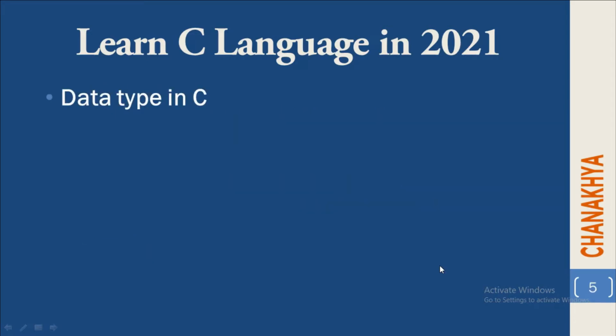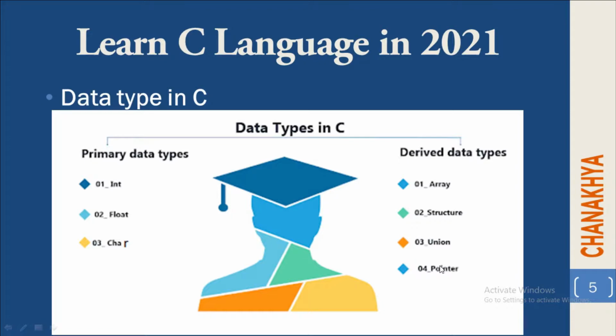So also here in this video we are discussing the data type in C. If we talk about data type in C, C has two types of data type: one is called the primary data type and another one is called the secondary data type or derived data type. The secondary data type is also called the derived data type because it has been derived from the primary data type, meaning it is made with the help of primary data type. In the initial stage we will discuss only the primary data type, and the secondary data type we will discuss in the later stage of this course.